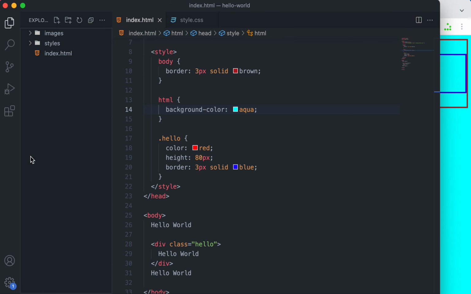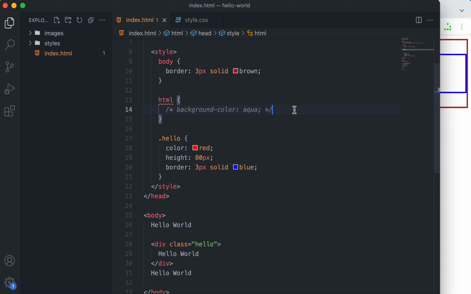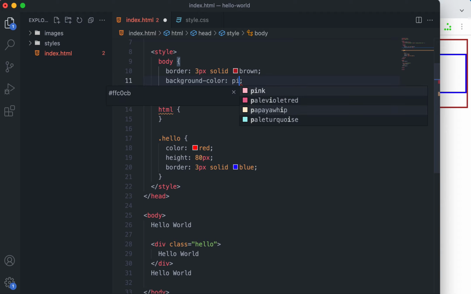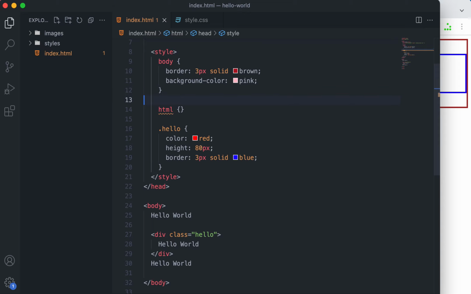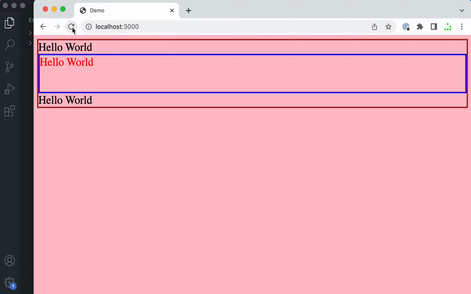You see, if I was not applying anything on HTML, nothing was there. So as you can see, this is what I was trying to tell you about this background color if you apply it on body. Now let's try to apply some background color, let's say pink. And let's apply it on body only, because that works on body also. So now this whole thing, you see, this is what I was trying to say earlier, that these areas,